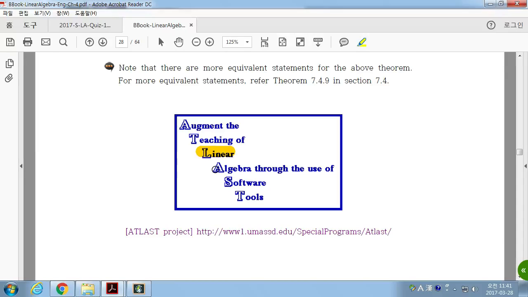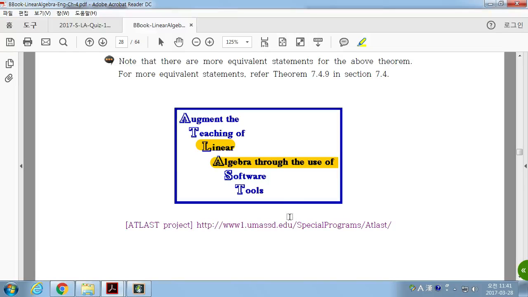And here, I think when I was a student, this project was first initiated in the United States with the support of the National Science Foundation, teaching linear algebra with software tools. I think this is a kind of starting point of the changes in teaching and learning of linear algebra at the undergraduate level. You may see some information here. Now you are enjoying the advances since these approaches.